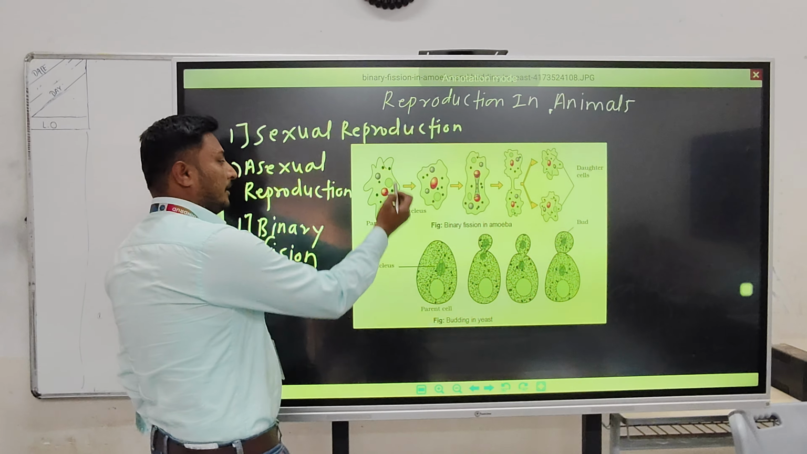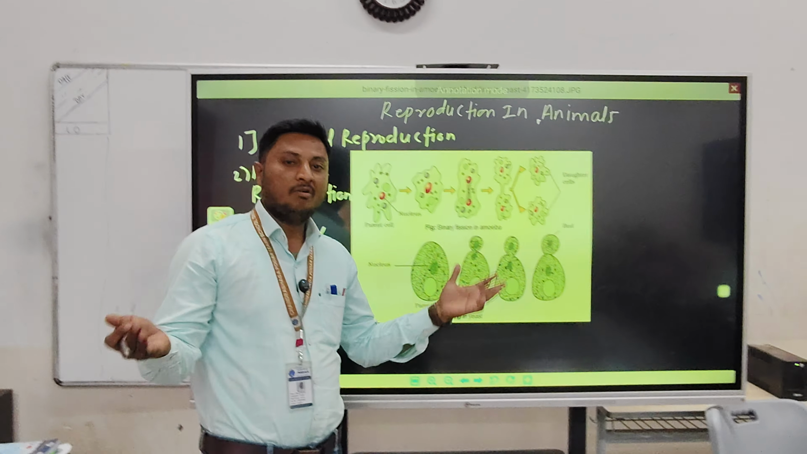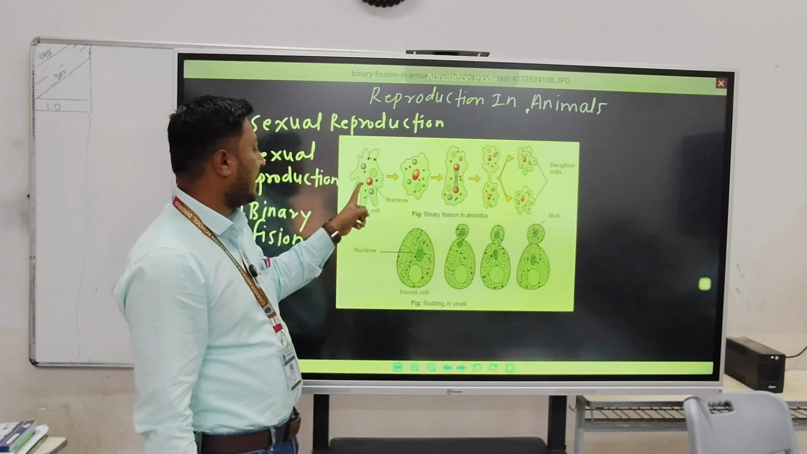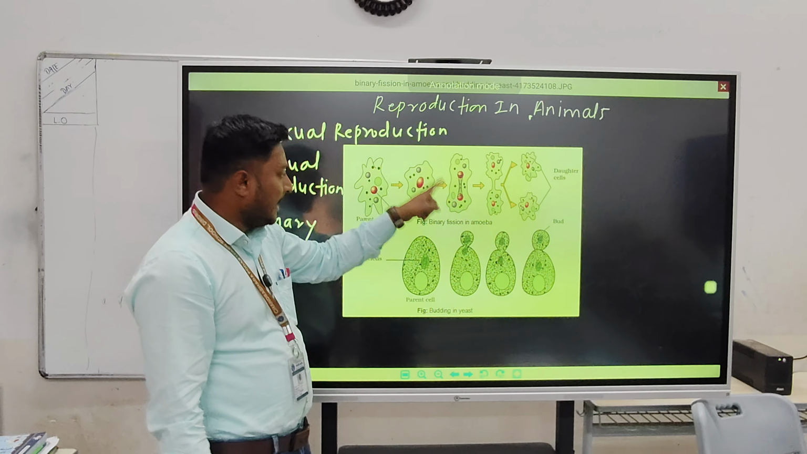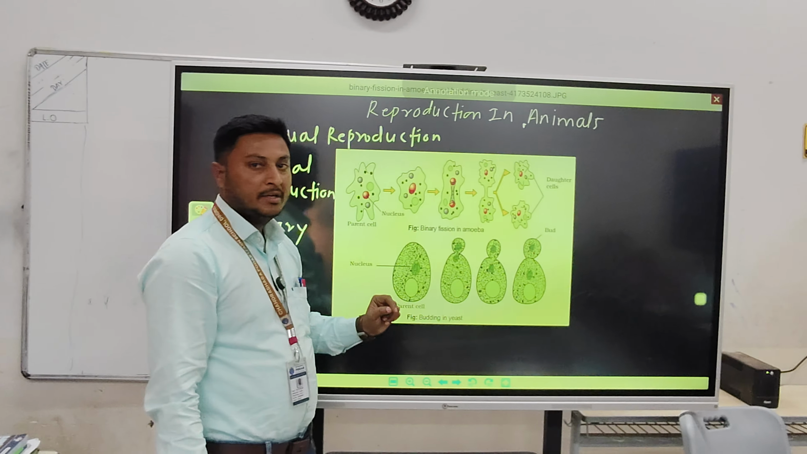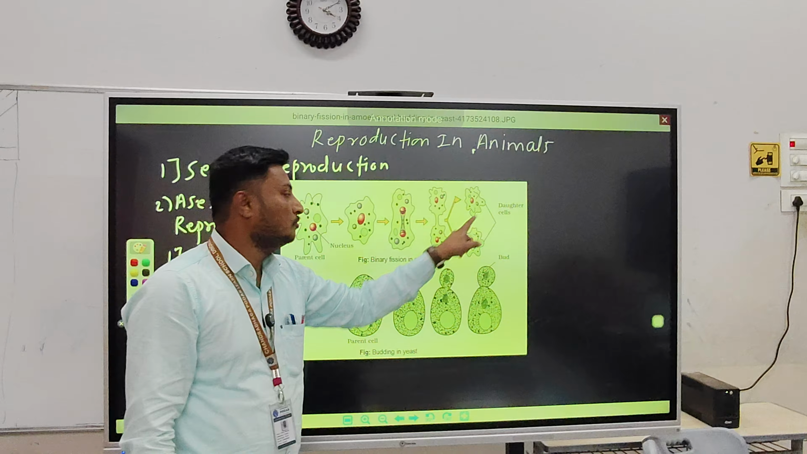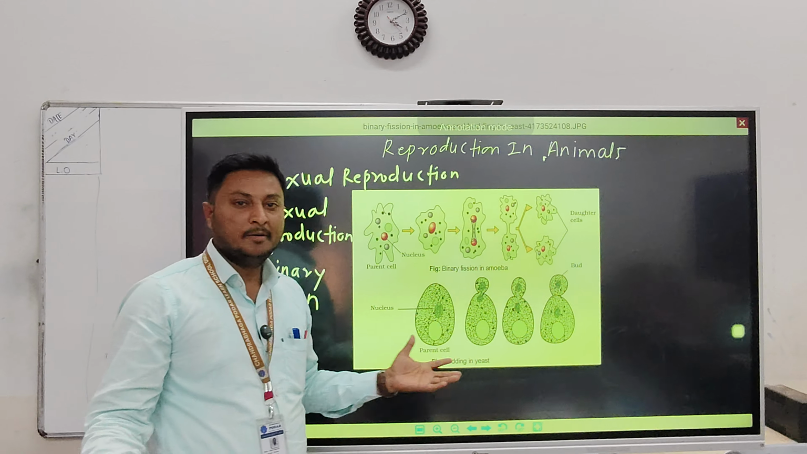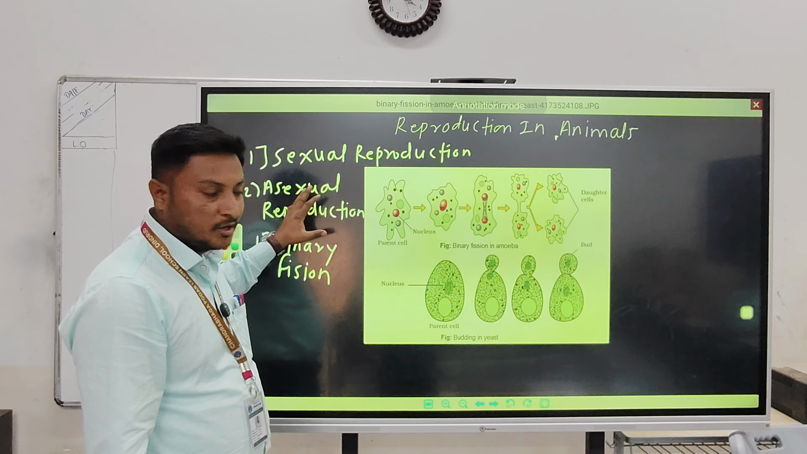After that, whatever the liquid part present inside the body of the amoeba, that is called cytoplasm. It will divide gradually. You can see here, this is the parent amoeba. Slowly its nucleus will divide. Later on its cytoplasm will divide, and from a single amoeba you will see two daughter cells, two daughter amoebas. So this is the very simple method of asexual reproduction found in amoeba,